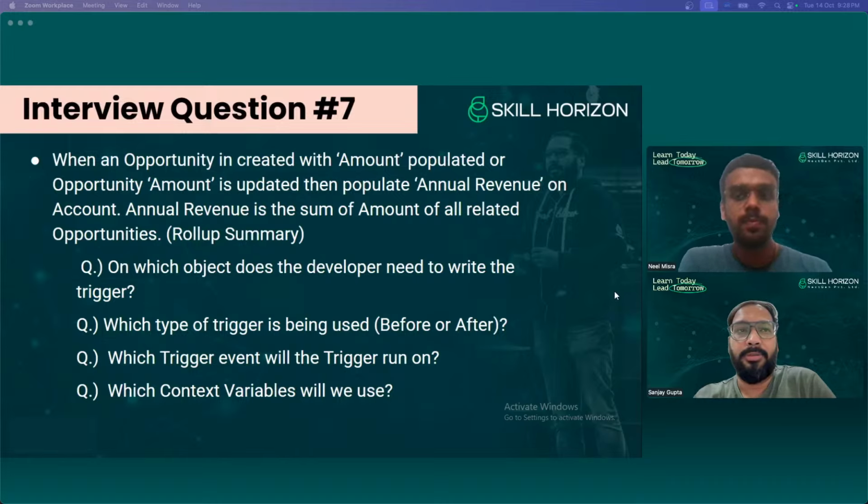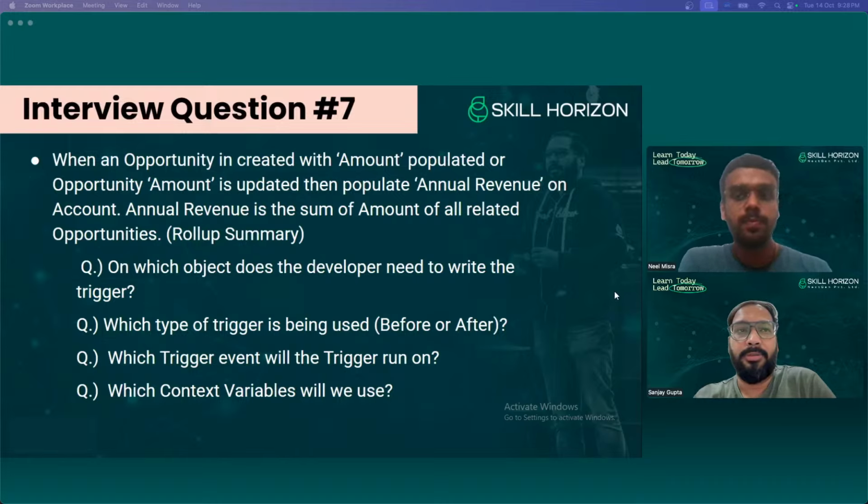There are total 4 questions available. So you need to type 1, 2, 3, 4. All questions you need to answer. Okay, Suraj is saying opportunity for first, like object will be opportunity. Then for second, after, okay, he deleted the answer. Amit is saying opportunity. So yeah, Neil, I think you can answer this question because very few folks are answering. So just go ahead.